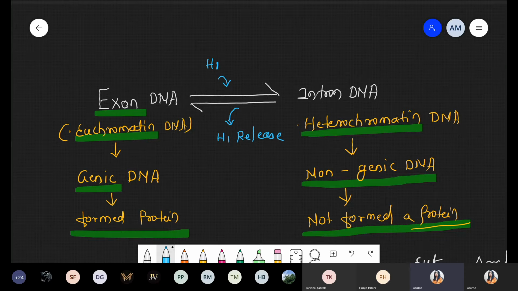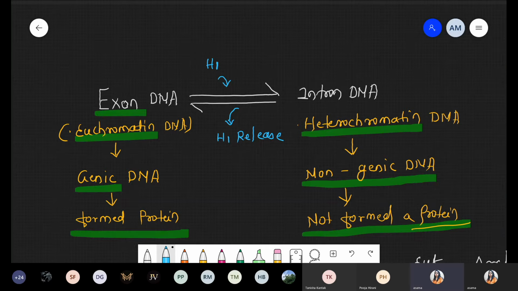But what happened in some children is that during birth a tail can appear, very small in size, but they can remove it surgically. So why does the tail reappear? Because that tail DNA is present in heterochromatin form, but accidentally there is a release of H1 and that heterochromatin form of DNA is converted into euchromatin. Now the DNA undergoes expression. So that's why that child has the tail part.